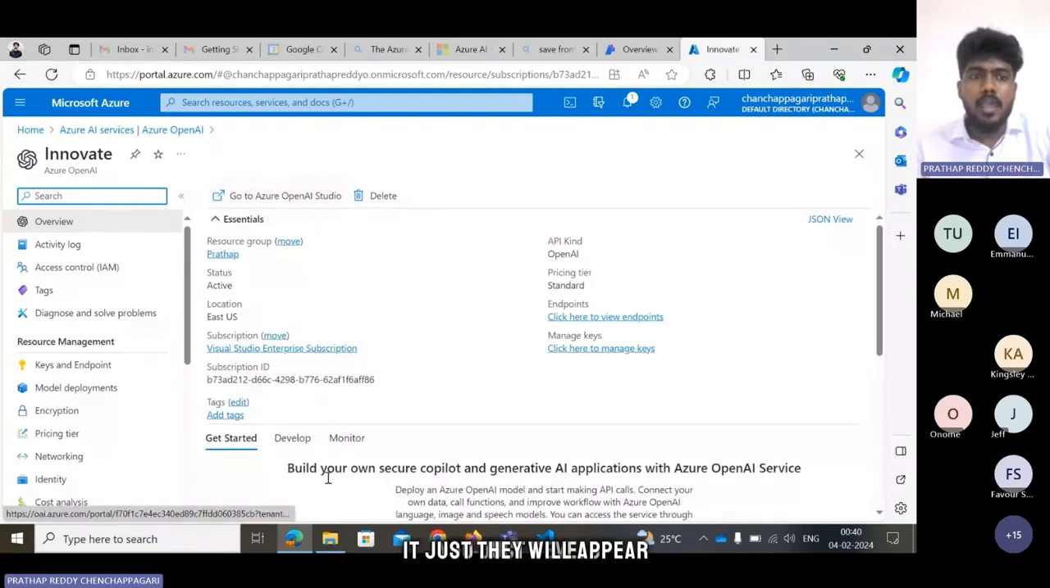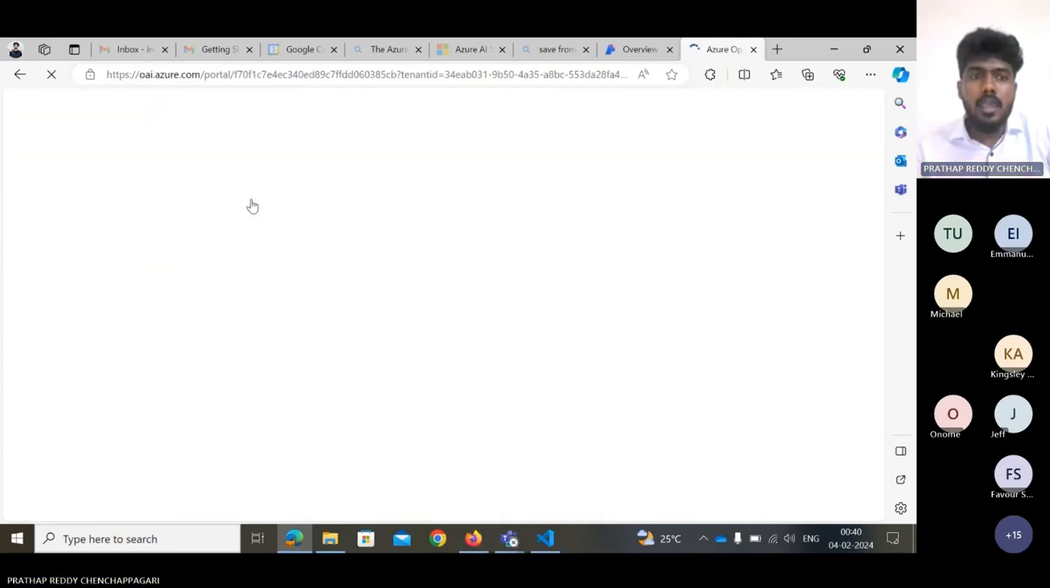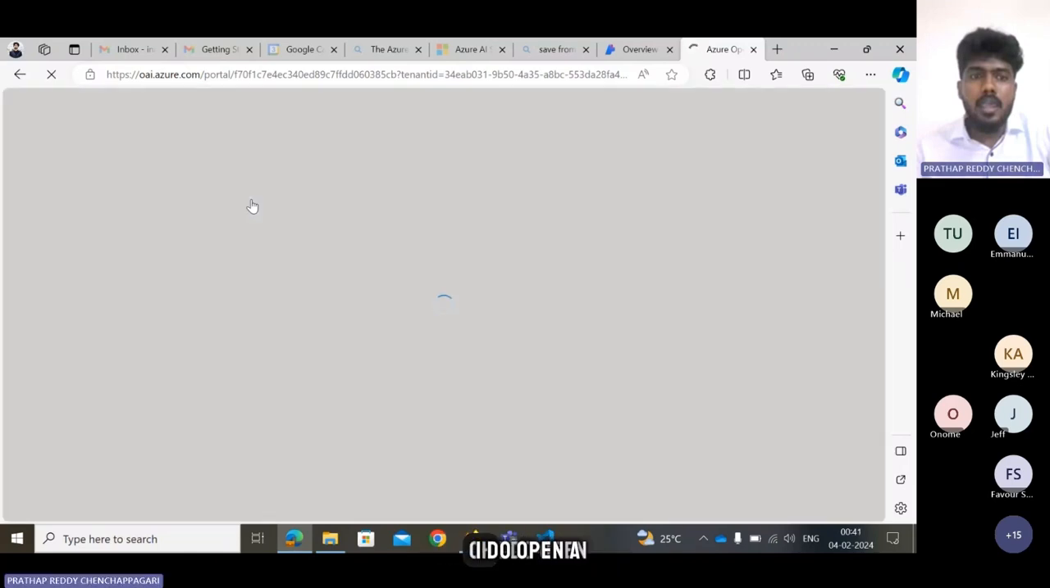some details will appear, and you will see one of the options like Go to Azure AI Studio. You just tap on here. Once you tap on here, it will redirect to Azure AI Studio. Okay, so in the Azure AI Studio,